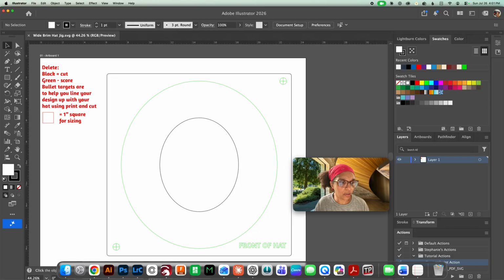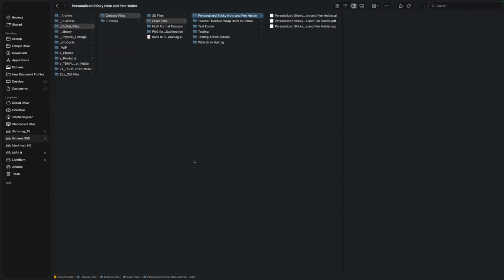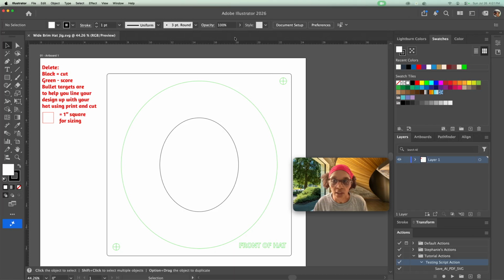And if you go to Finder and you go to Laser Files, you'll see that it saved the files as we wanted them named in the folder that we also wanted it in. Same thing would work with the PNG. Again, there's a script that you will use. It will be in the blog, but you would run the same thing. So for instance, I already have this out here. So if I want to do this,